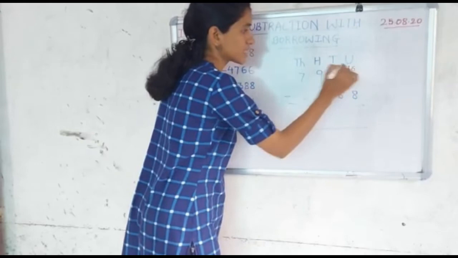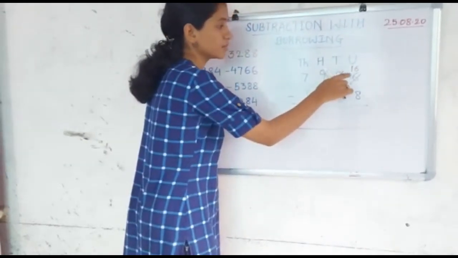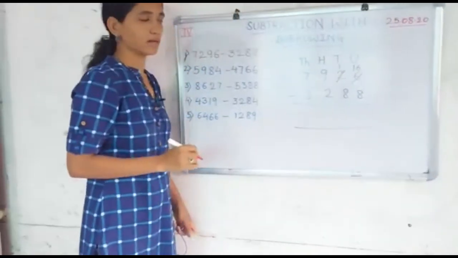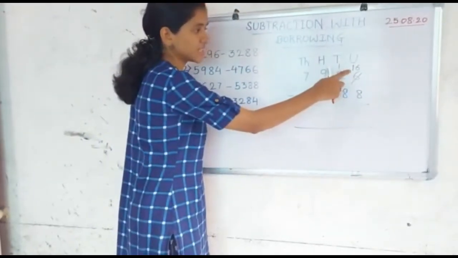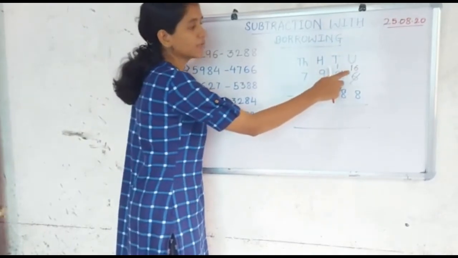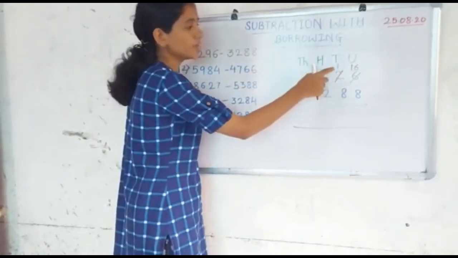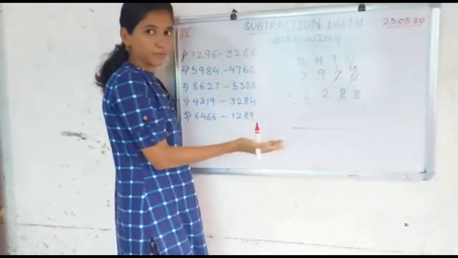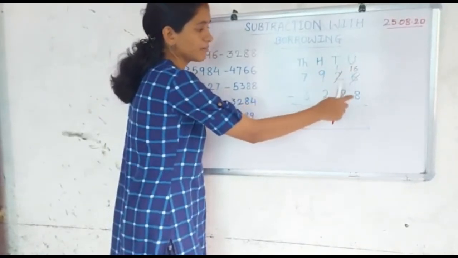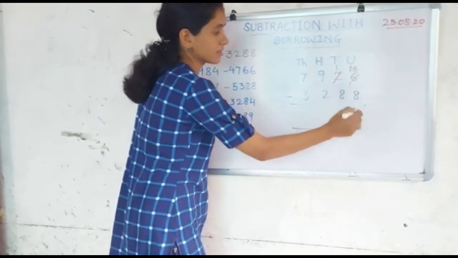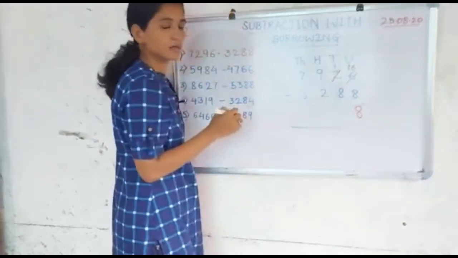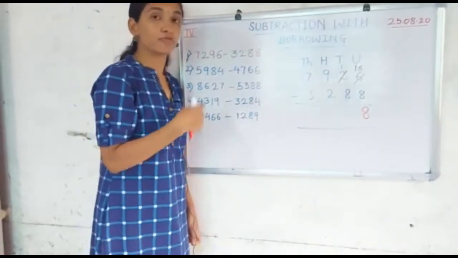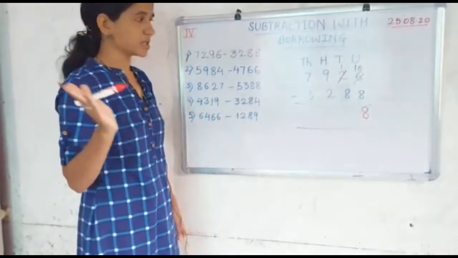it will become 16. And if 2 is giving one number to 6, now 2 will reduce to 1. So now 6 became 16 because 2 has given one number to 6, and 2 will become 1 because it has given one number to 6. So now 16 minus 8 is 8. Now 1 minus 8, can you subtract 8 from 1? Again, not possible at all.